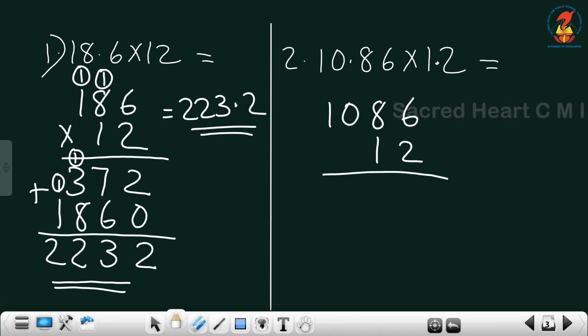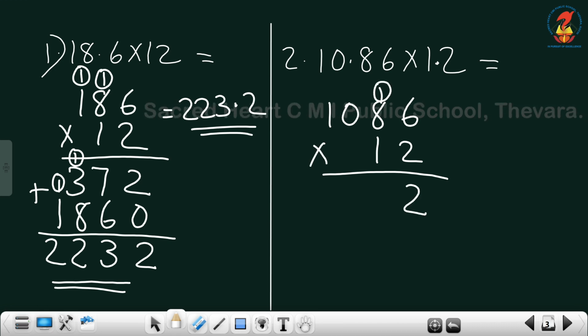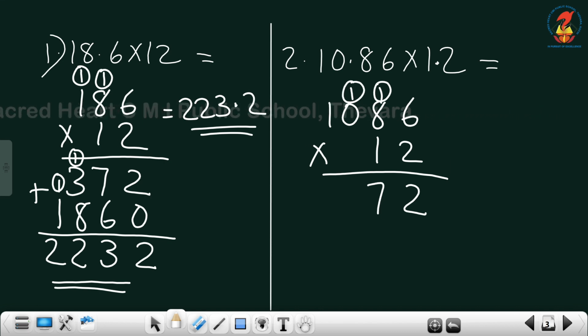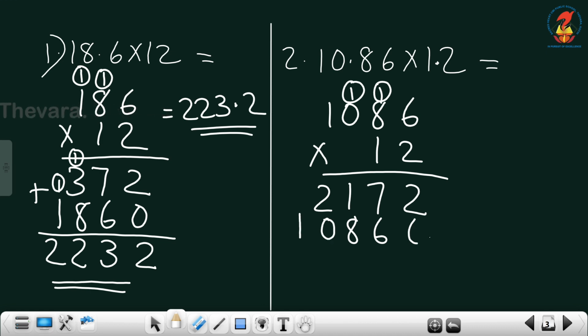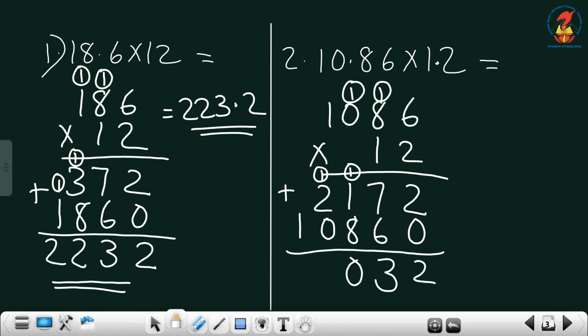Here also we have 1 decimal point. Okay. So we need to write it as 12. And 6 twos are 12, 1, 8 twos are 16, 16 plus 1, 17, 1, and 2 0, 0, and 1. And 2 ones are 2, 6 ones are 6, 8 ones are 8, 1 into 0, 0, 1 ones are 1. Okay, after that you add 2, 7 plus 6, 13, 1, 1 plus 1, 2, 2 plus 8, 10, 1, and 2 plus 1, 3, and 1.